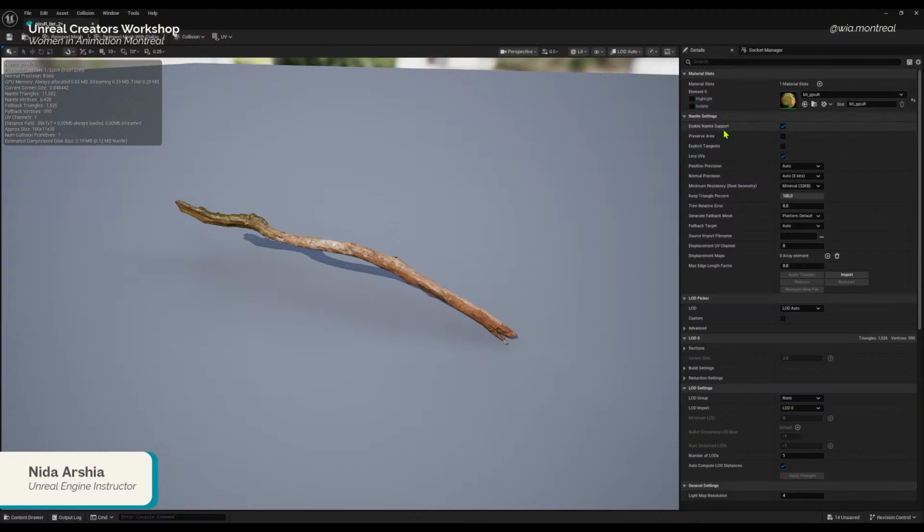You can see it says nanite support enabled, and nanite is a way of working with very high density poly count meshes for them to work inside Unreal. So it's very useful when, I'm sure some of you would have seen the Unreal 5 demo with the canyons and a huge environment.